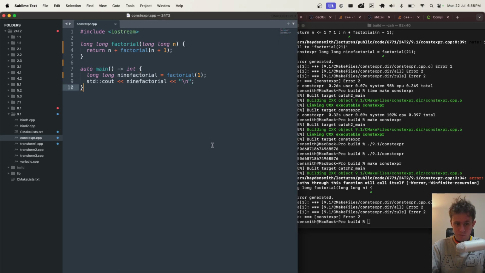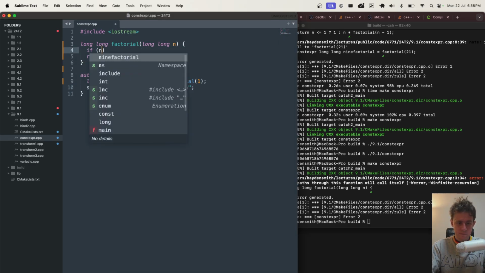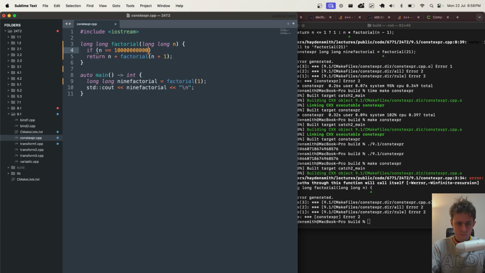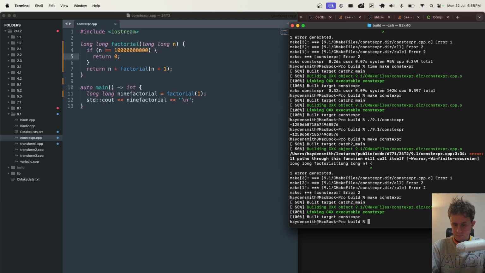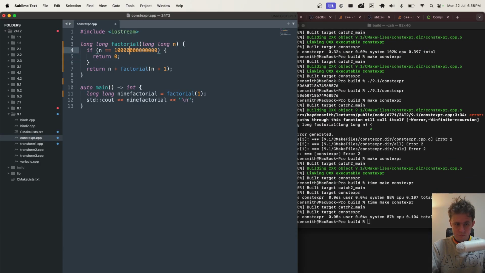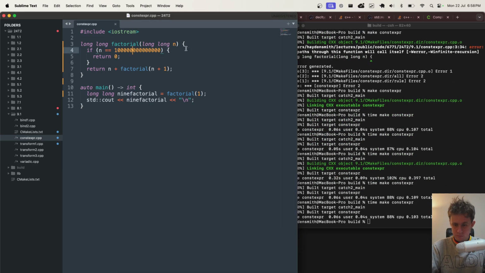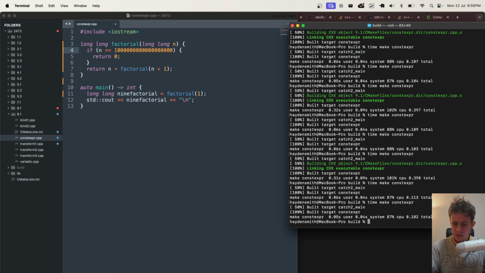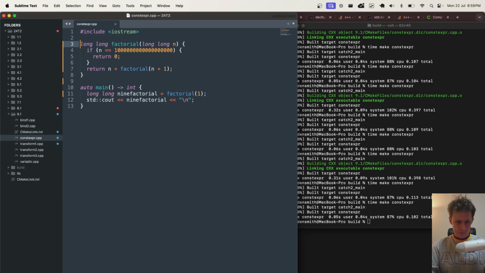All paths through this function will call its... Oh, yeah, of course. Silly me. Yeah, still pretty quick. It's really interesting. I'd never thought about that. Basically, integer factorization of a very large prime number. Yeah, I think I'll leave it there. But I like that we've demonstrated that. What's cool about this is that it shows you that, oh wait, sorry, this wasn't constant expression either.